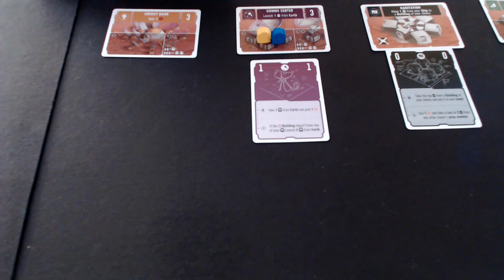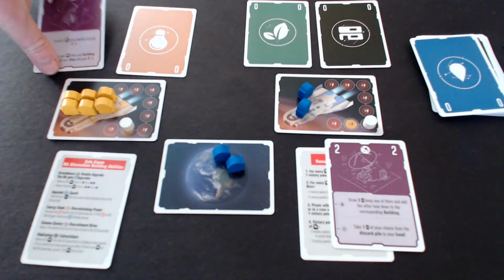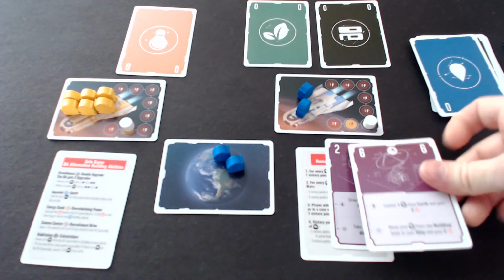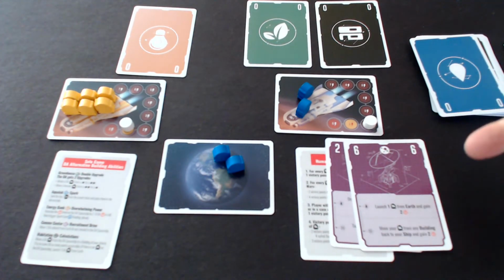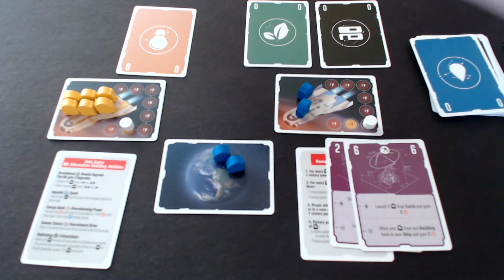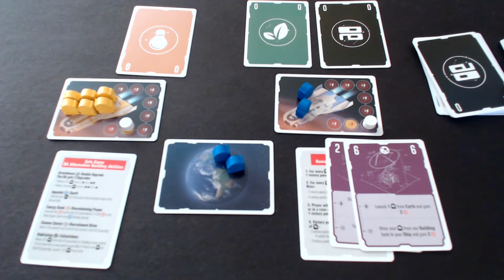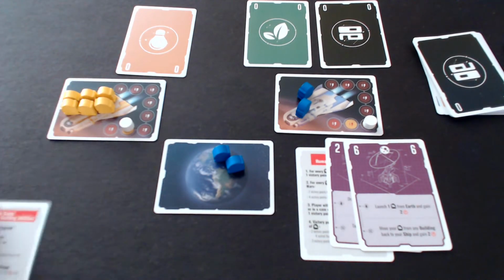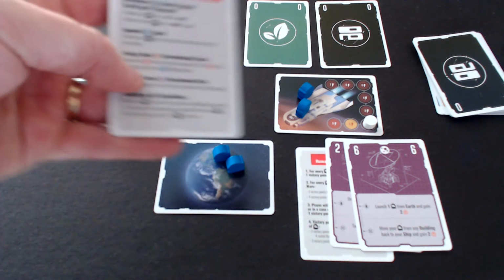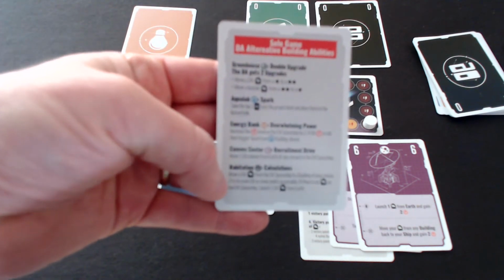Back to my hand and the AI. I think I am going to take this one again. I like the power I can get later. And it will show us something new with him. So let's burn the top 2 cards for the AI. Now they have a yellow or an orange, or it is the energy bank. And it says, if it'll focus,